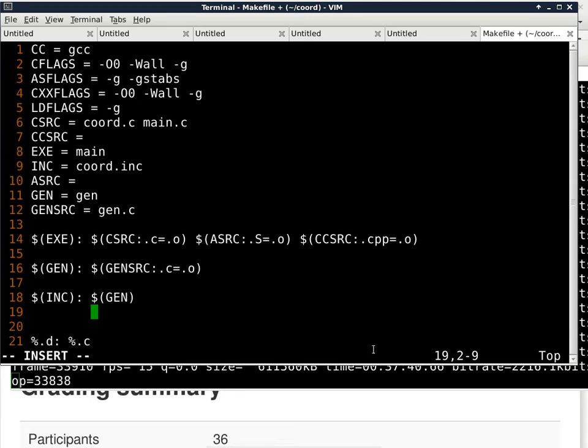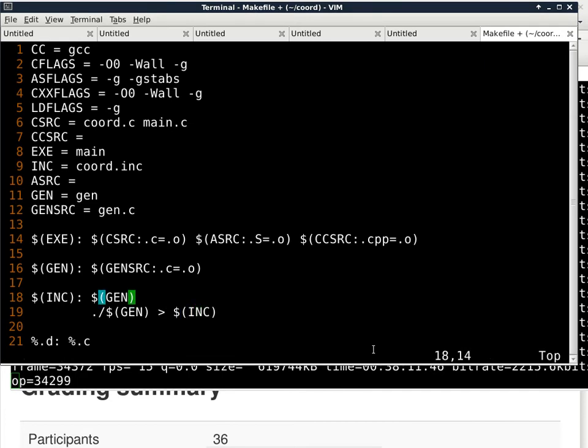Now with the other ones, I don't need the actual command because it is quote unquote understood. If you have a whole bunch of .o files and you want an executable, it knows we just need to do the linking, okay? But in this case, there are no hidden rules that can do this, so I have to spell it out. So I have to say gen is the name of the executable, and I believe I have to do a / here, because otherwise it doesn't know where to find it. And then we just specify,